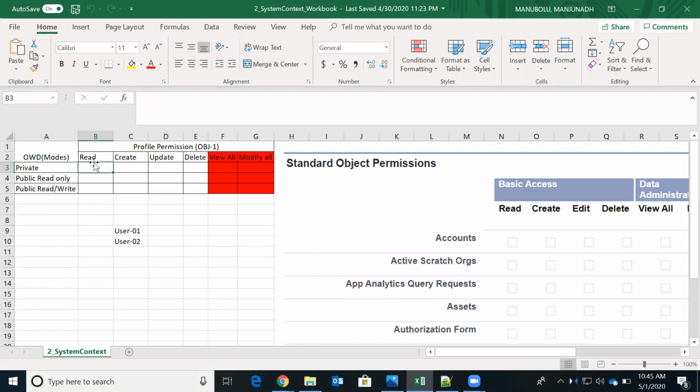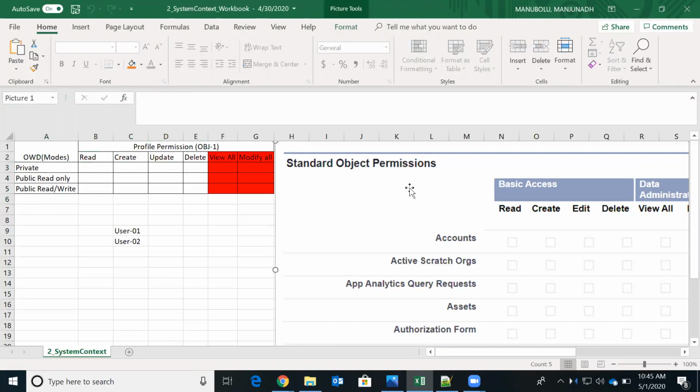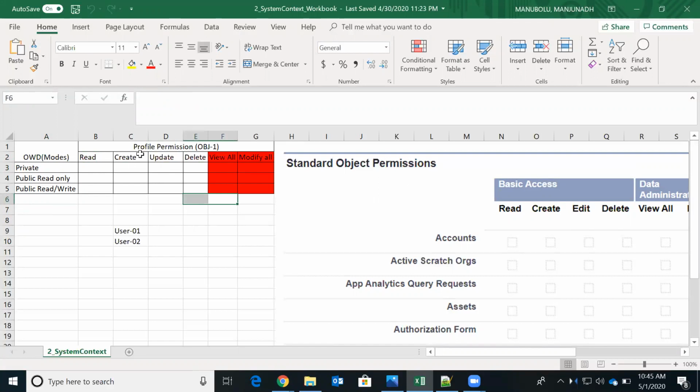Next, on an object, this OWD will work with profile. These concepts are all interdependent. OWD will work closely with profile level permission. I have shown you previously that at profile level, for objects, we have all these permissions. If you see this view all and modify all, assume these two are in the red zone for the time being.